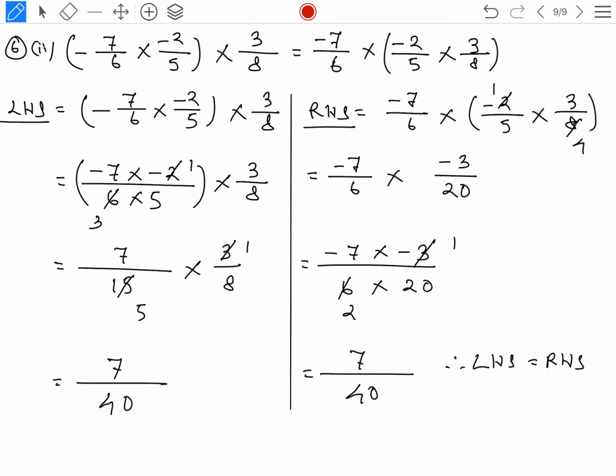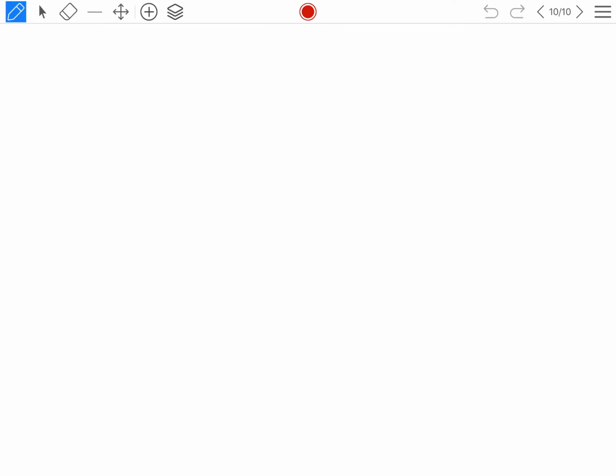So from this we can say, left hand side is equal to right hand side, hence verified. Okay, so this condition is verified. Now what is the name of the property you will write? Okay, and number 1 you will do. Then question number 7 also, let me solve one, you will solve the other one.